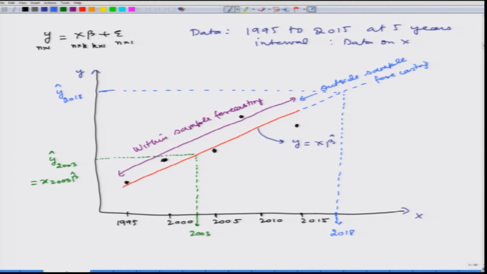So, one can also observe here one phenomenon: we have fitted here a model only between 1995 and 2015, and this is given by this line in red color. When we are trying to forecast a value beyond 2015, we do not know the future, and it is possible that beyond 2015 this line may go into some other direction also,